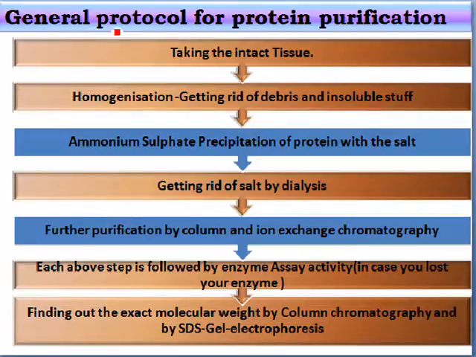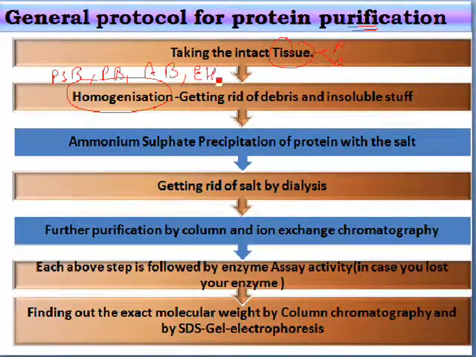Now this is a general protocol for protein precipitation. Take any part or tissue of plant or animal for the protein isolation, and then it should be washed and dried for some time, and then homogenized in a suitable solvent like PBS, phosphate buffer, and acetate buffer or ethanol, and filtered to remove all the debris. After the filtration, the filtrate will proceed to ammonium sulfate precipitation. One thing I want to reveal is that every step should be performed in chilled condition.